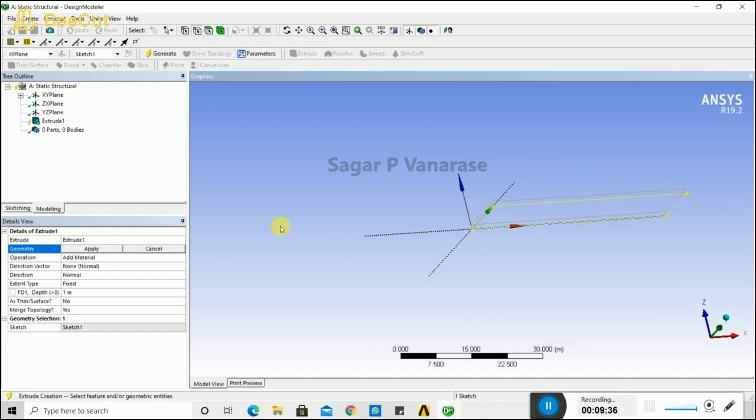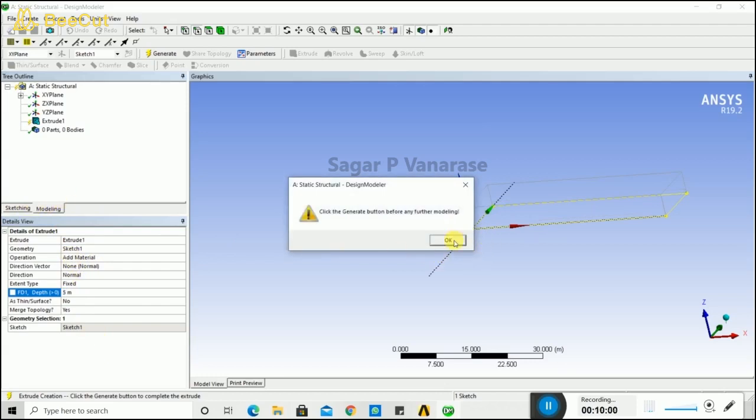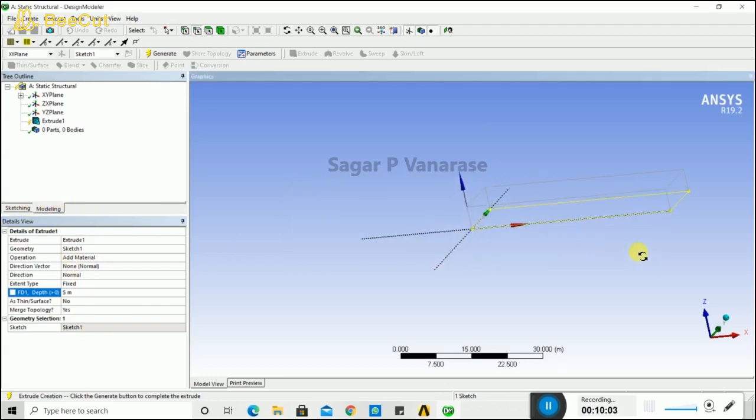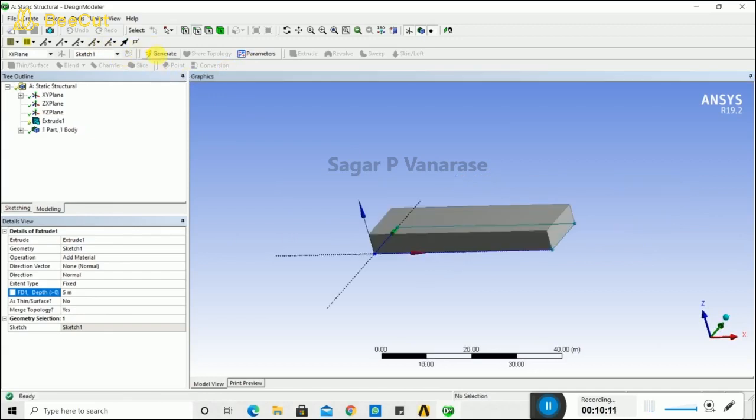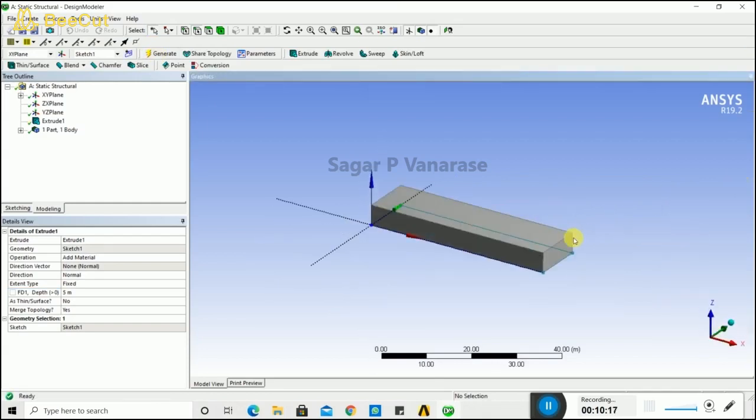Okay, next one is the modeling. Click on the modeling. Here we can extrude our rectangular bar to a specific height. We can give our rectangular bar a specific thickness. So we can apply it by selecting the profile, and I am giving my depth, meaning the thickness, as 1 meter. No, let it be 5 meter. I'm getting my thickness greater. So now I have given thickness to my object, so it is ready.